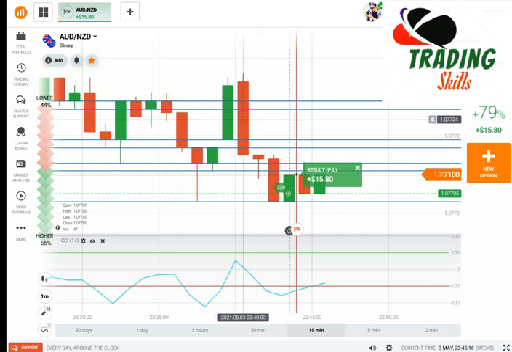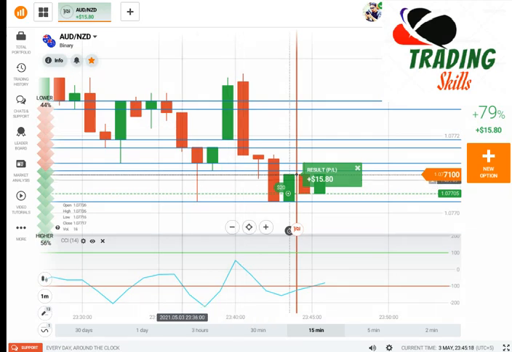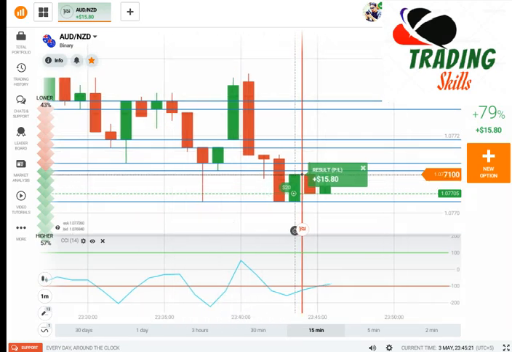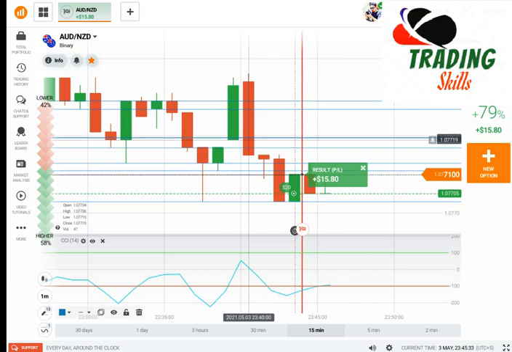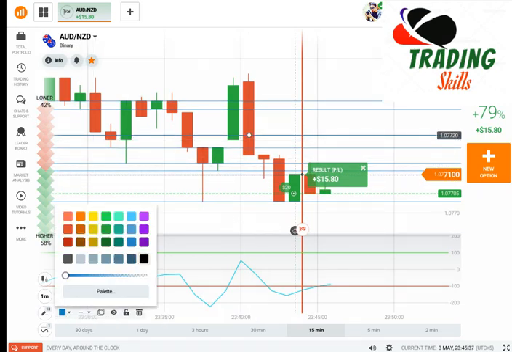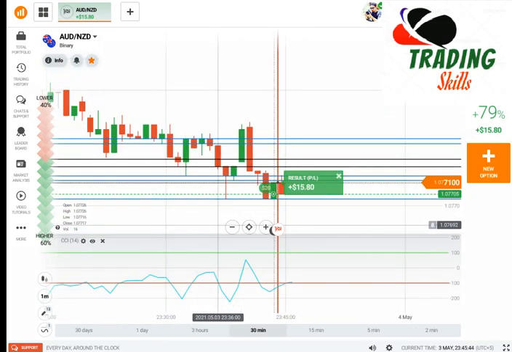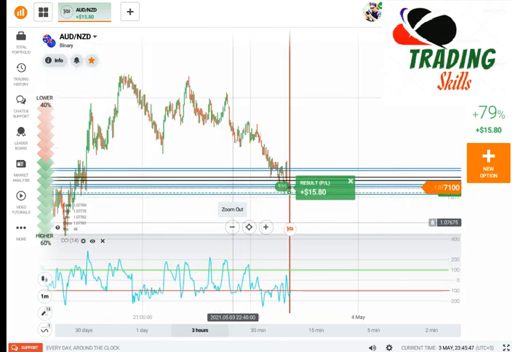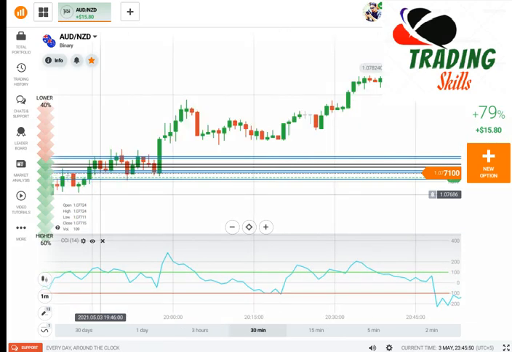One friend asked me about the round number, so I took my trade here with this round number. Right now I want to show you the round number strongness. This was a round number, so I need to change the color. In between these two lines I am going to check the levels. If I check the level, now you can see here,